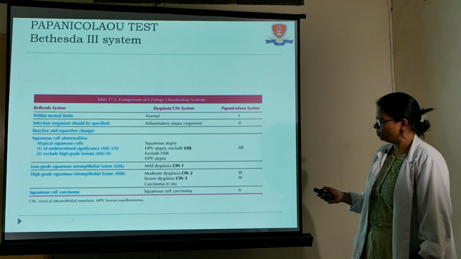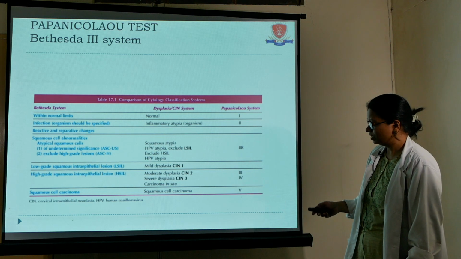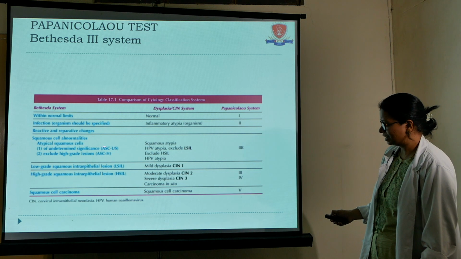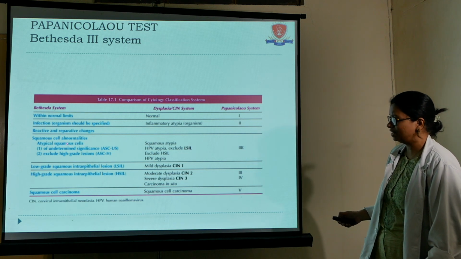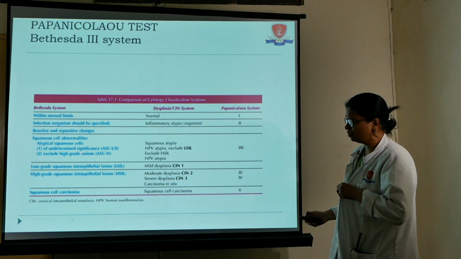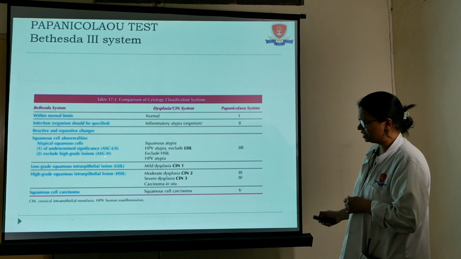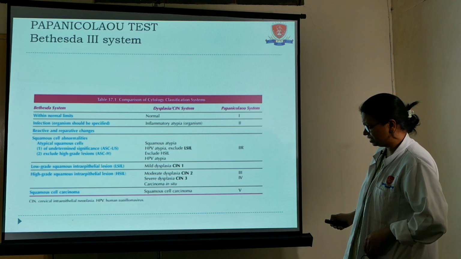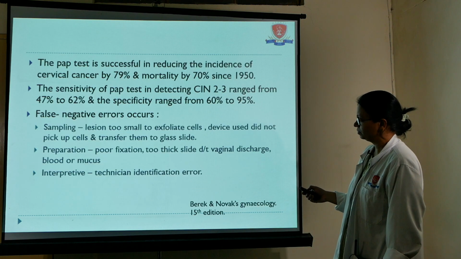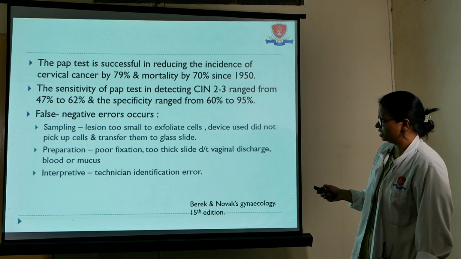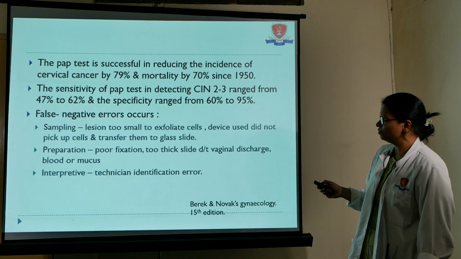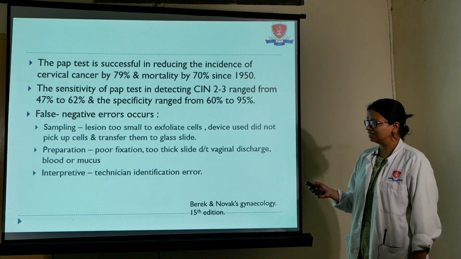So this is the pap smear Bethesda system. We divide the report into ASCUS, that is atypical squamous cells of undetermined significance, and ASC-H, that is exclude high grade lesions. Then we have LSIL, HSIL, that is high grade squamous intraepithelial neoplasia, and squamous cell carcinoma. The PAP test, although it has a low sensitivity, around 51%, is a highly